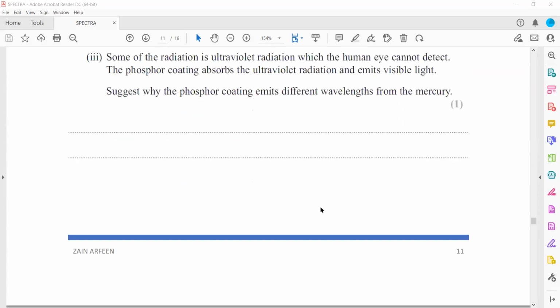And the last one: some of the radiation is ultraviolet radiation, which the human eye cannot detect. The phosphorus coating absorbs the ultraviolet radiation. So there is a coating of the phosphorus